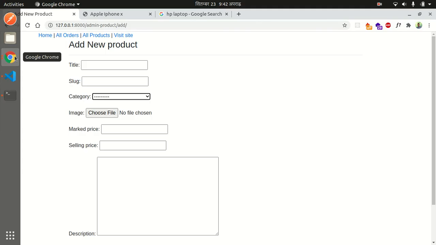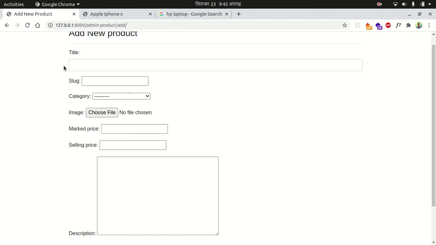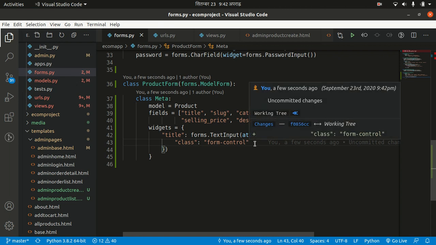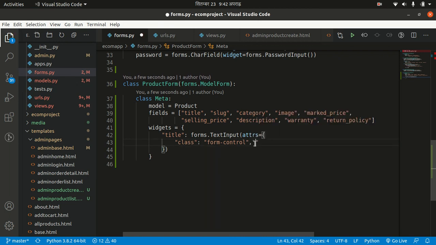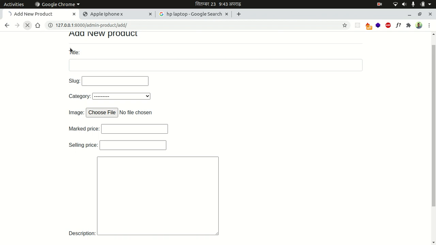class, and this is the Bootstrap class that will make our input field responsive. If you go to your page and refresh the page, you can see that our title field is longer than the previous one. Also, you can define another attribute just like in HTML: placeholder, and inside the placeholder you can write enter the product title here. This will create a placeholder inside it so that the user can understand what is being